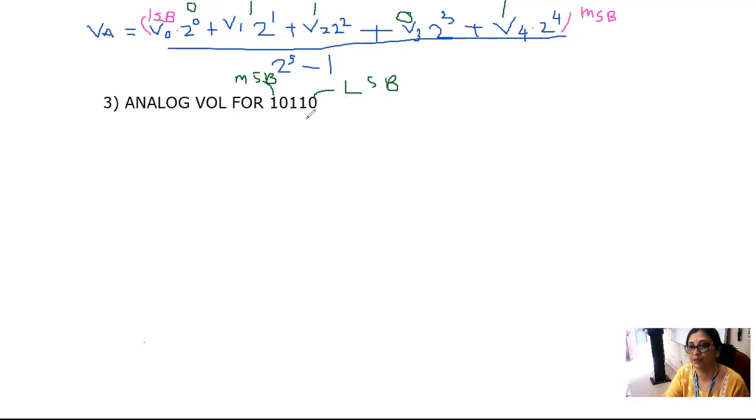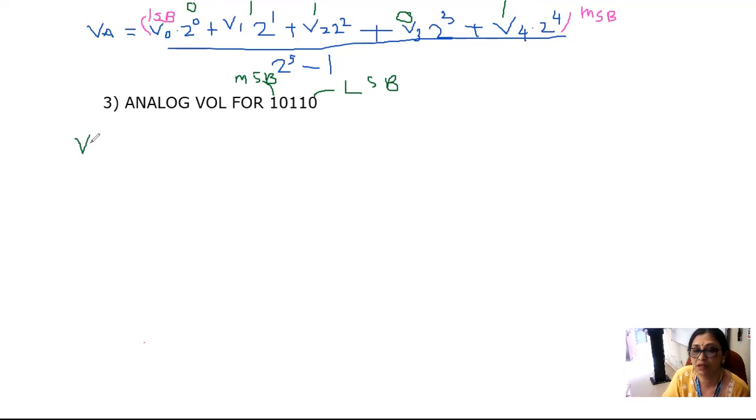So you have to flip the data, 01101. Okay. So first write down the data in this way. Then and then only your answer will be correct. Otherwise, sometimes what students do, instead of writing it as 01101, they simply write it as 10110. So if you write like that, the wrong answer will be there. Okay. So first write down overhead of each quantity, the digit in proper LSB and MSB manner.